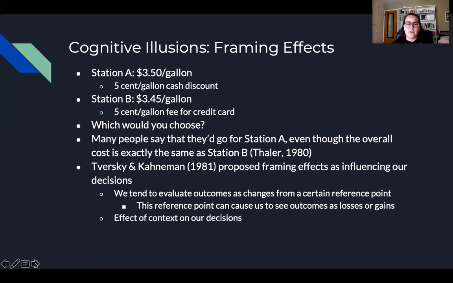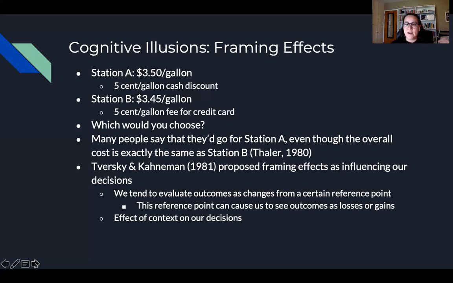And Kahneman and Tversky argued that we treat losses more seriously than we do gains when we're trying to come up with a decision, even in situations where what we're going to be spending or doing is exactly the same. That is, we care more about losing a dollar than we do about gaining a dollar, or losing a nickel versus gaining a nickel. And so the problem is that simply changing the description of a situation can lead us to adopt different reference points for our decision making.